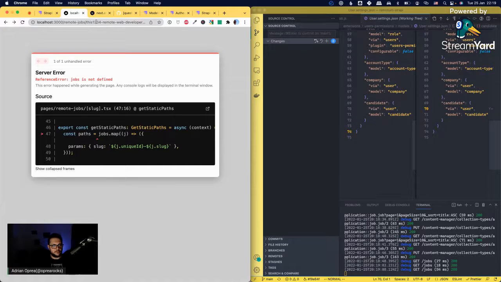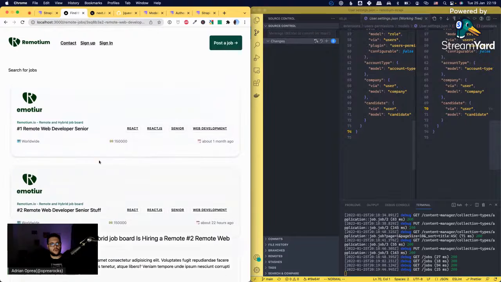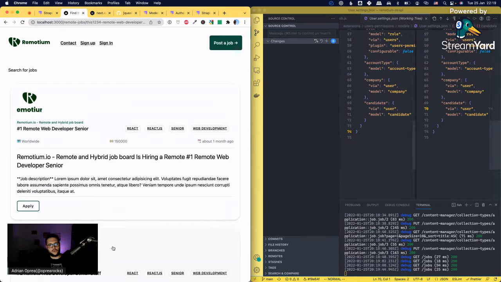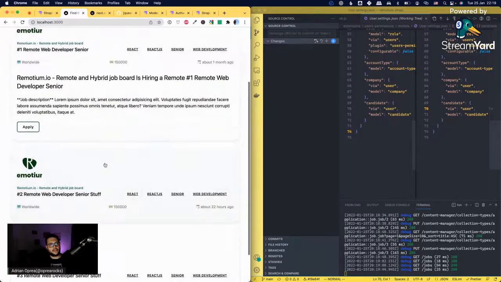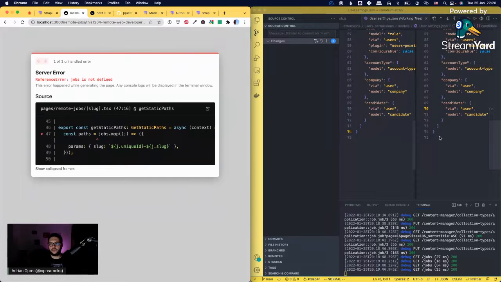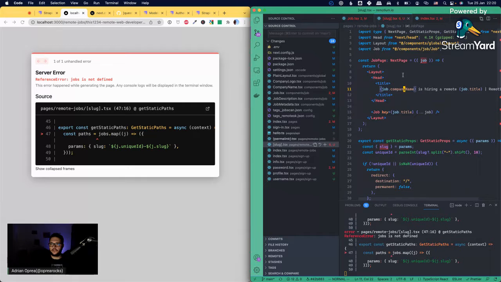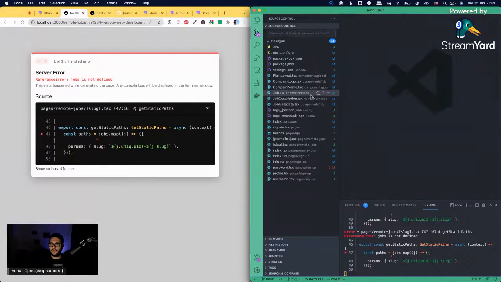So this is the individual job page that I should be getting, not the accordion list. This is why you see the URL keeps changing when the accordion is expanding or contracting, so to speak. Yeah, so we're going to go and do the individual job page. And I'm going to hit reload, look for this error. And now that's the API. Let's just close this, and I'm going to need